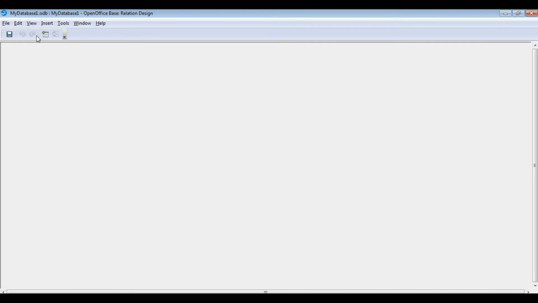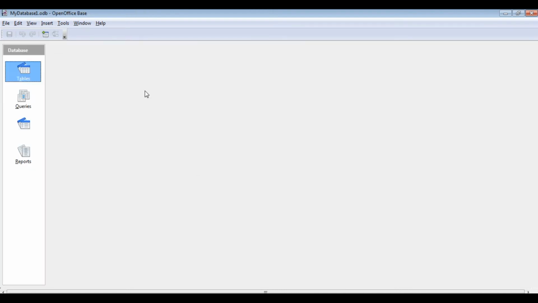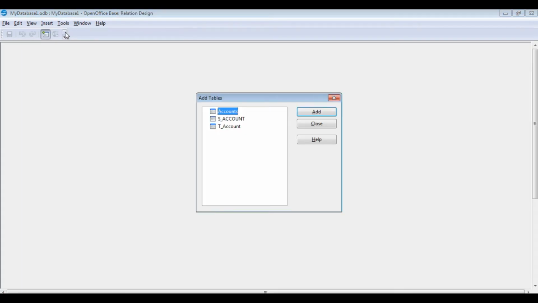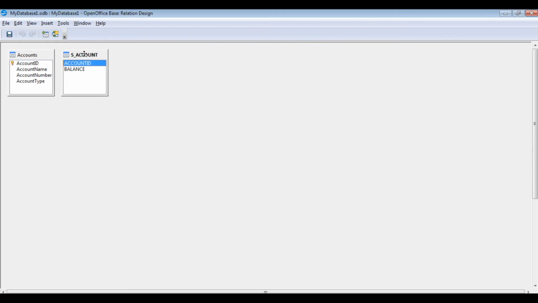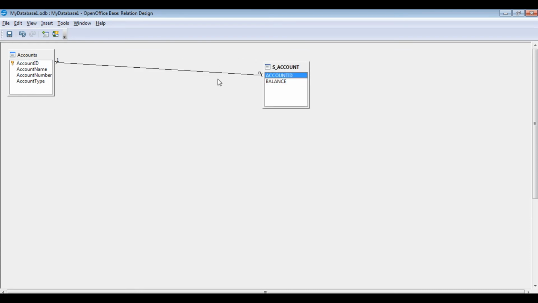Now one-to-many. So what I will do, student, I will do the same thing. I will go to the Tools option and then Relationships. Now this table will appear in front of you, that is Add Table. Click on Add and go to S account, Add. Now you can see, student, here is no primary key in the secondary table. So I will click on it and then drag it to this table, like this. Now you can see that here is one-to-many. So by this example we understand how to create a one-to-many relationship.